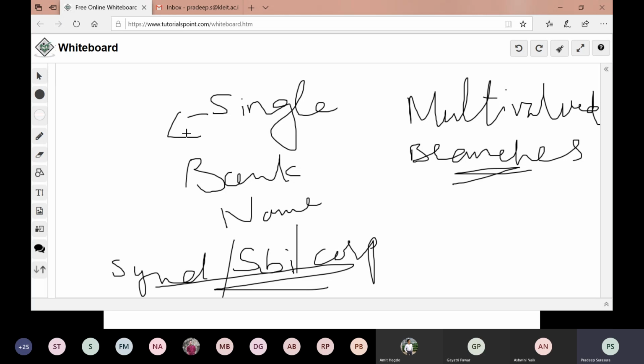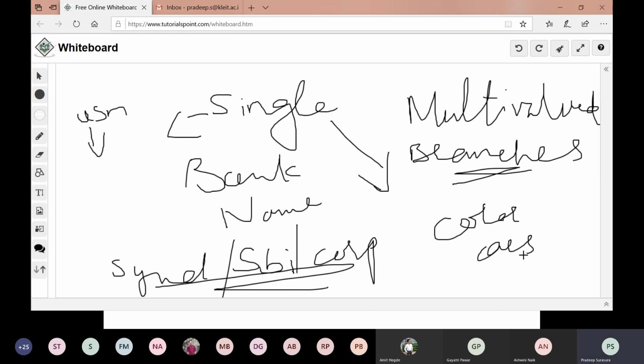Single value means, if I take USN in a student application, I have only one value; I cannot take multiple values there. I can also give a multi-valued example like color of a car: the model may be one, but colors may be different. They all fall in single valued and multi-valued attributes.